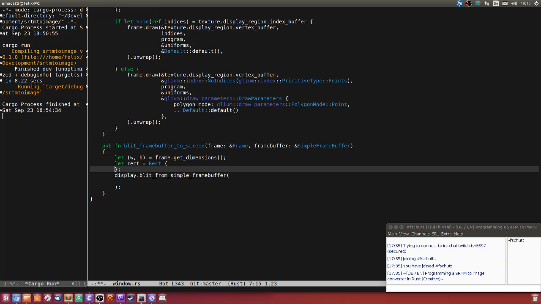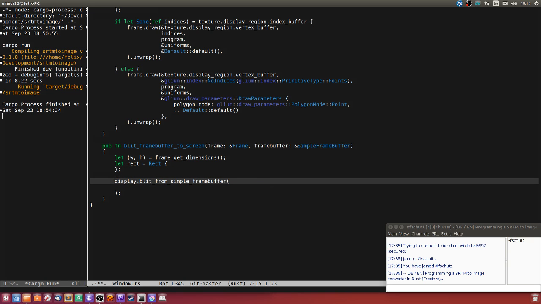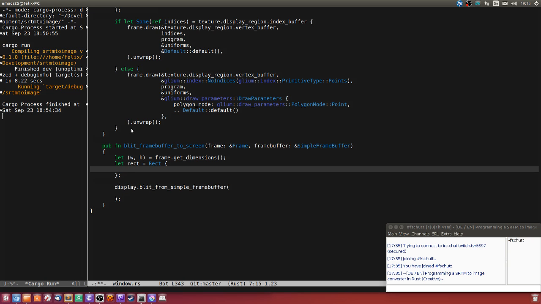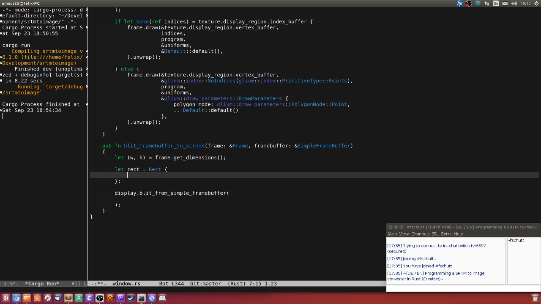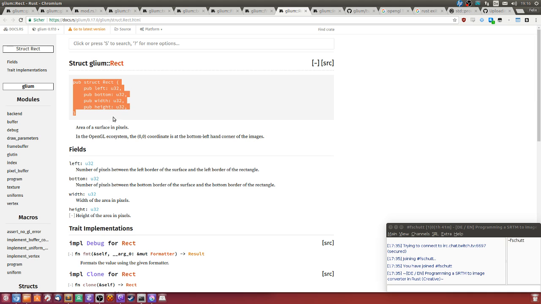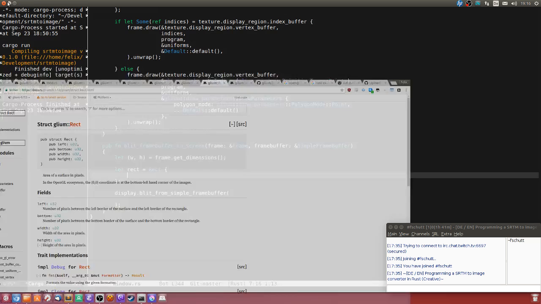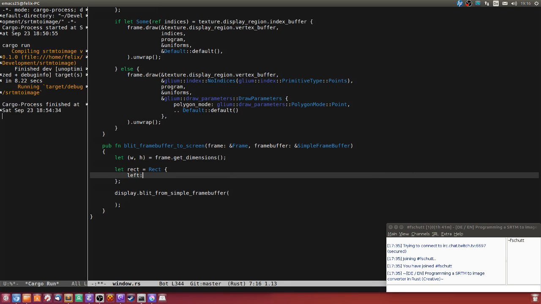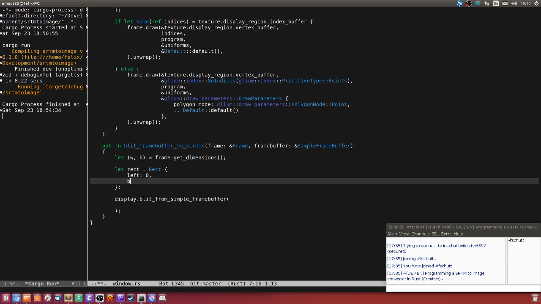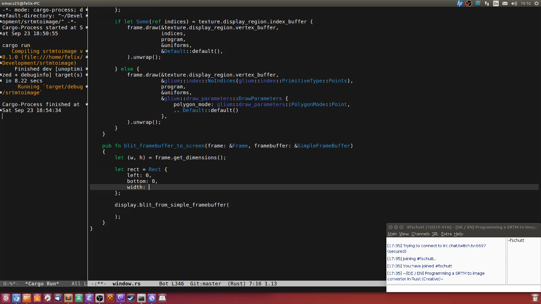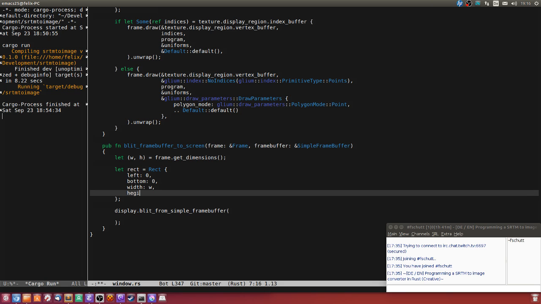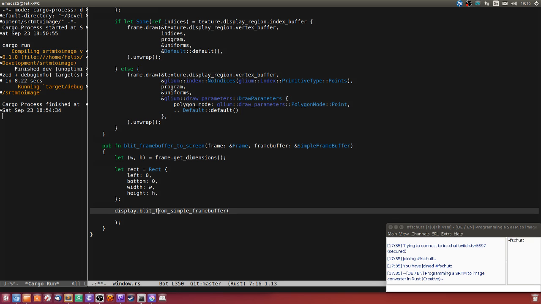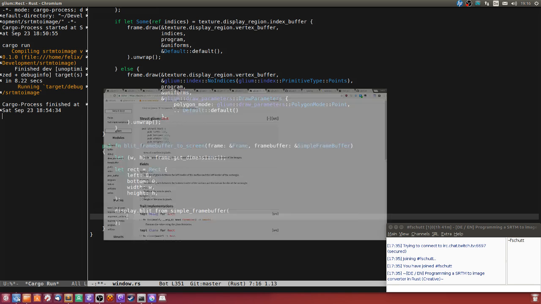So we want to split the complete screen. We want a left bottom with height, left 0, bottom 0 with width, height half. So split from simple frame buffer,